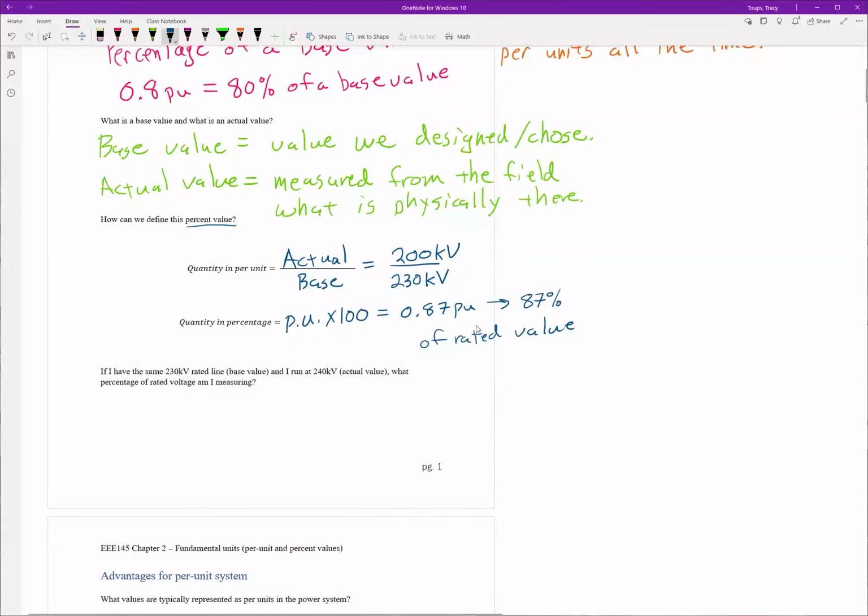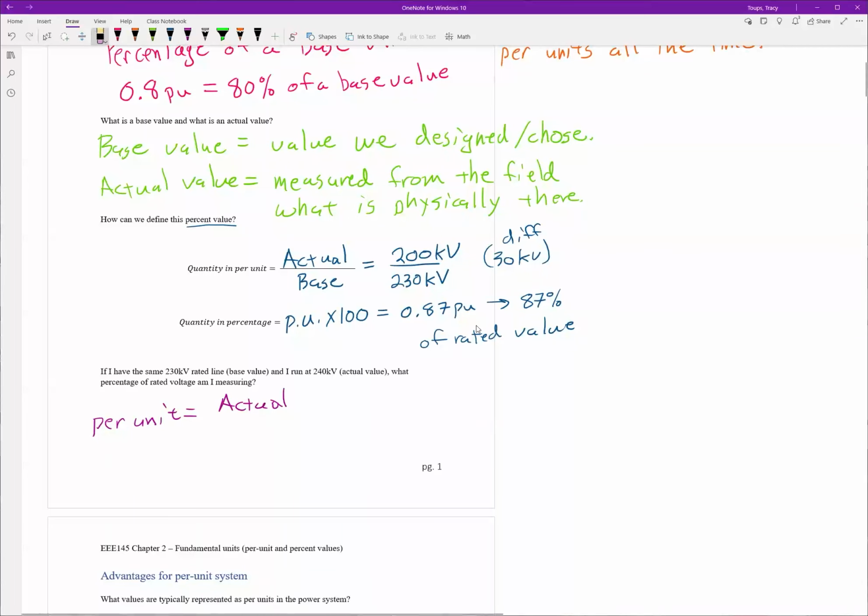Because we said there's a 30 kV difference here, right? So let's write 30 kV difference, right? So that's your difference. Let's compare it to another quick example down here, right? Let's say we had the same 230 kV line. We're running at 240 kV this time, right? So we're actually a little high. We're a little hot. So our per unit, again, is actual value